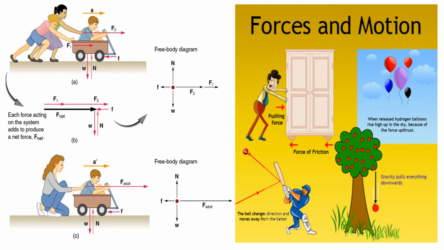Here are some examples. You can see on the left hand side, in the first picture, that a child is sitting in a cart, and according to the mass, the force applied to the object should be equal to the mass. So a single kid cannot put a force for the motion of the object. The force should be proportional to the mass applied on the object for the motion.